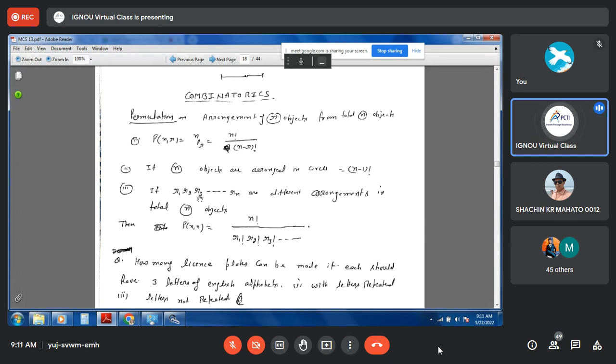And if R1, R2 and R3 are the different arrangements in the total n objects, say,